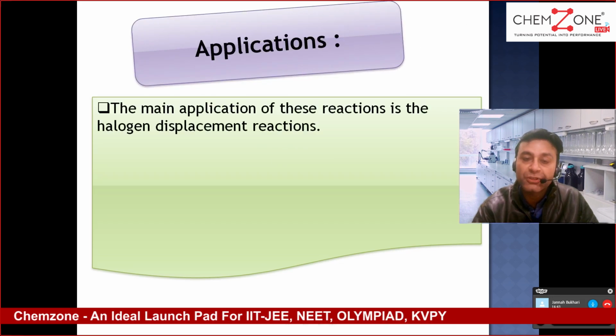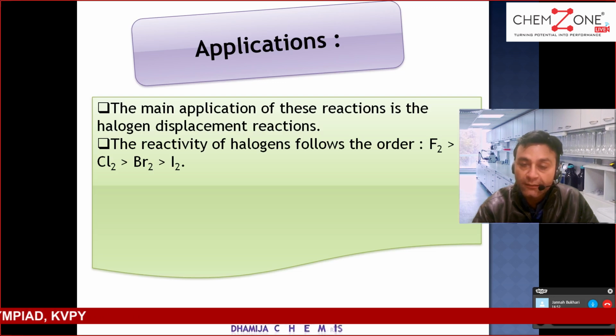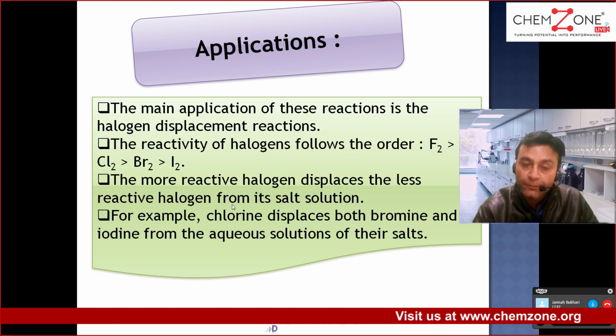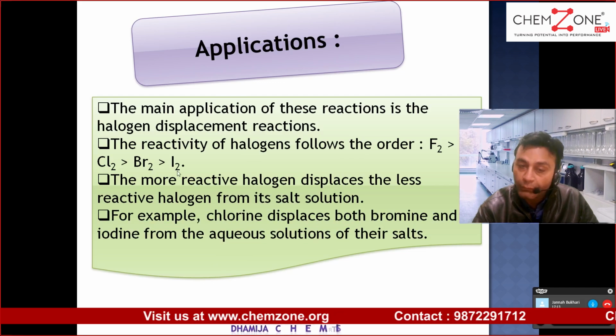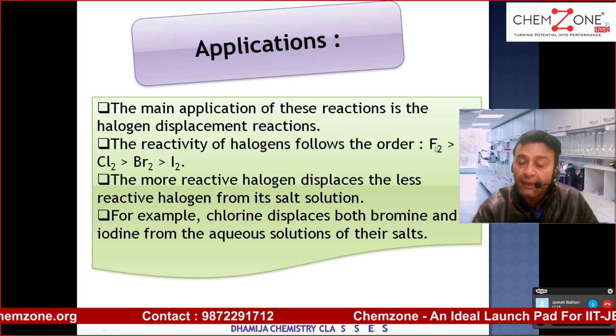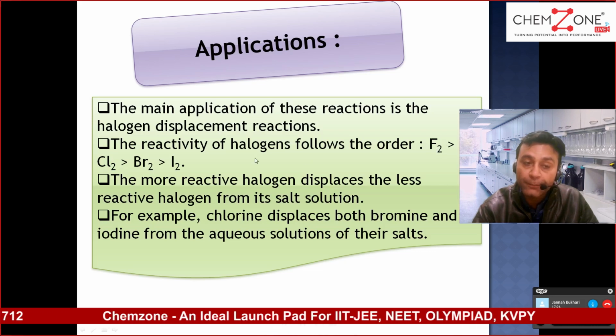The main application of these reactions is the hydrogen displacement reactions. The reactivity of the halogens: fluorine is more reactive as compared to chlorine, chlorine is more active as compared to bromine, and bromine is more active as compared to iodine. So a more reactive halogen displaces the less reactive halogen from its salt, right? For example, chlorine displaces both the bromine and iodine from its salt solutions, but chlorine cannot displace the HF or NaF because fluorine is more reactive as compared to chlorine,